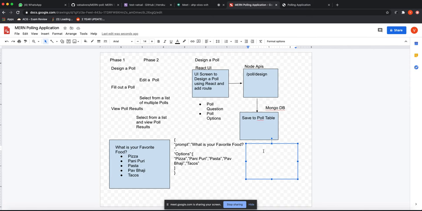So how are we going to do our table structure? We're going to have two keys, two fields in our table structure. For this is the poll table. Our primary key will be a unique identifier, so UUID, and then